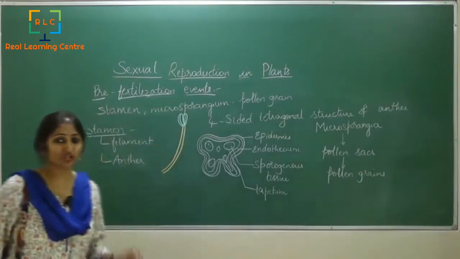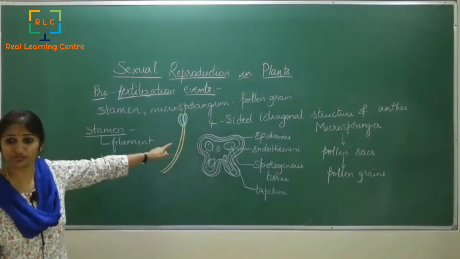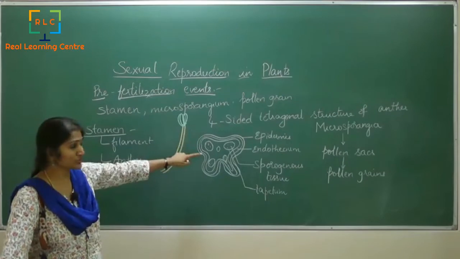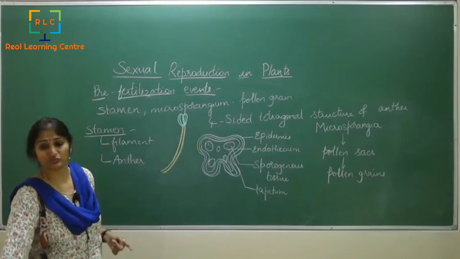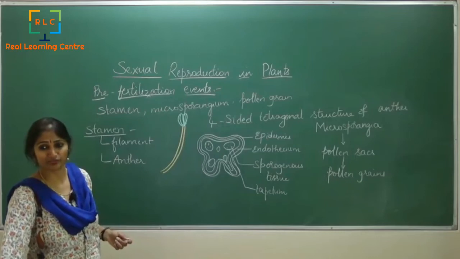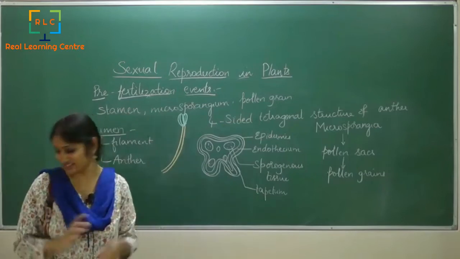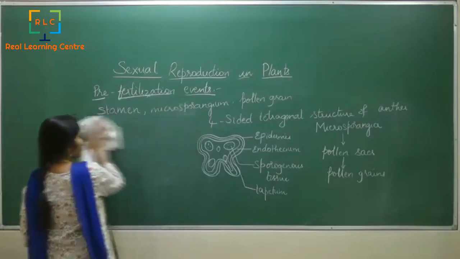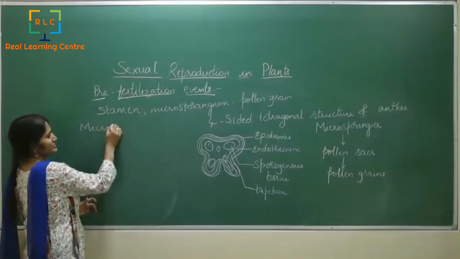Okay, now let us see what is the structure of this microsporangia. This microsporangia has the epidermis, then it has an endothecium. In that there is the sporogenous tissue, and here there is formation of the pollen sac, and then there is formation of pollen present inside. Okay, now let us see how this microsporogenesis happens. I am going to erase this part of our basic structure now, and I would like to tell you about how microsporogenesis